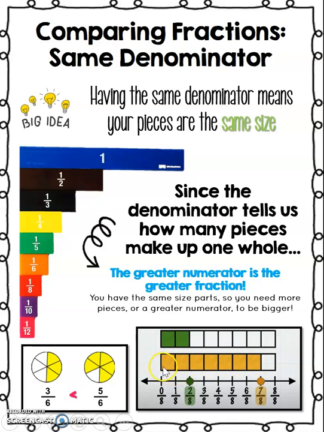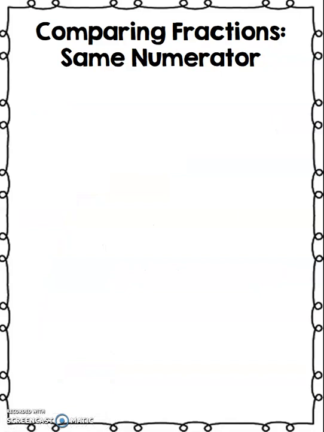So I can tell that there's clearly more pieces in the yellow or gold bar than there is in the green bar. So that tells me that 7/8 is greater than 2/8, which makes sense because 7 is greater than 2. Now let's take a look at what happens when instead of having the same denominator, we have the same